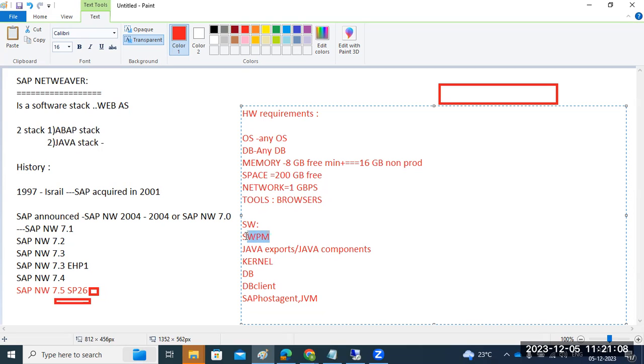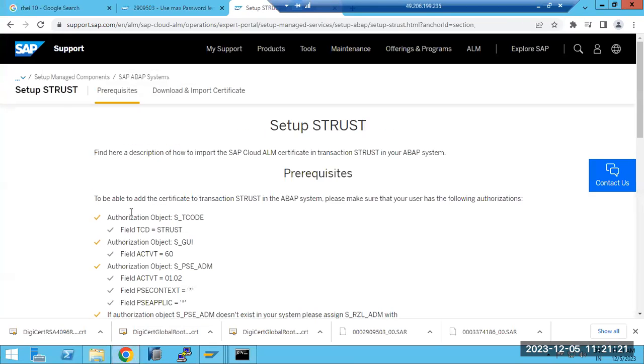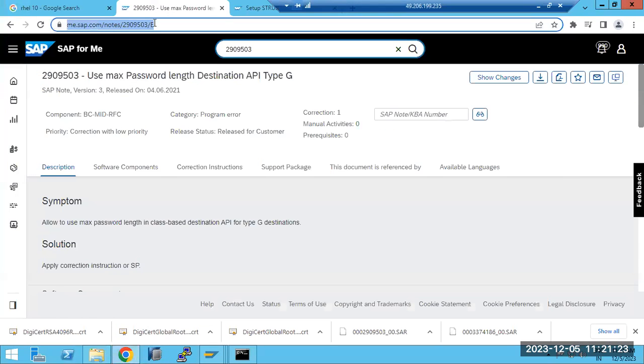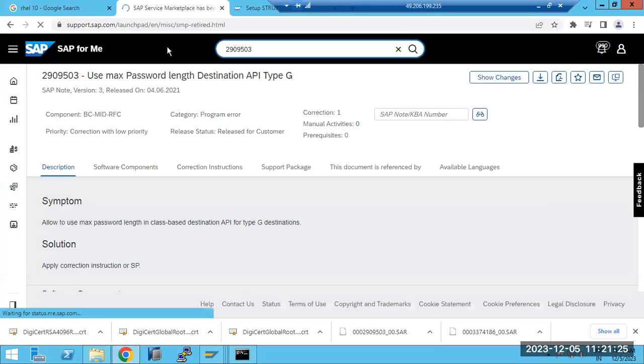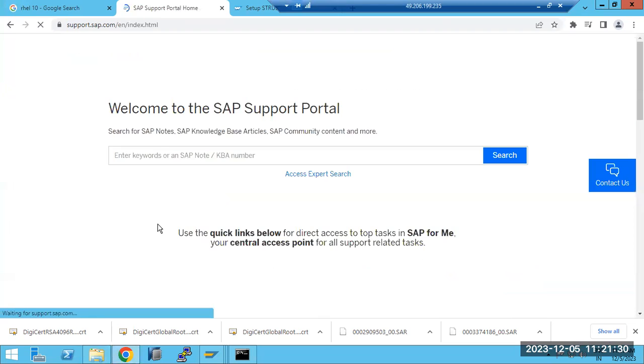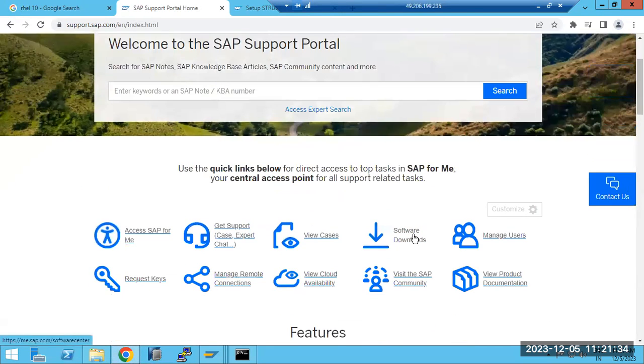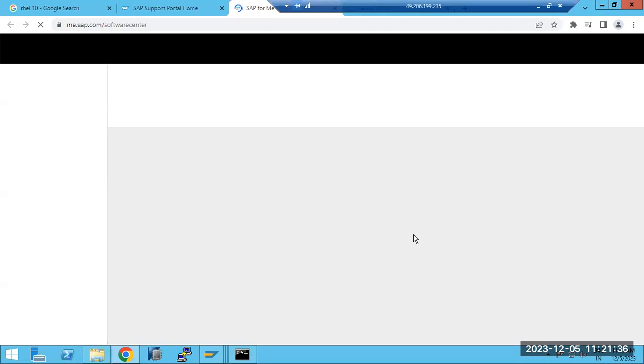SWPM we know how to download. Kernel we know, DB client we know, host agent we know, and the JVM. So we have to log into the service marketplace to perform these configurations. Visit the support portal, where we have the software downloads. In the software downloads, we are installing the